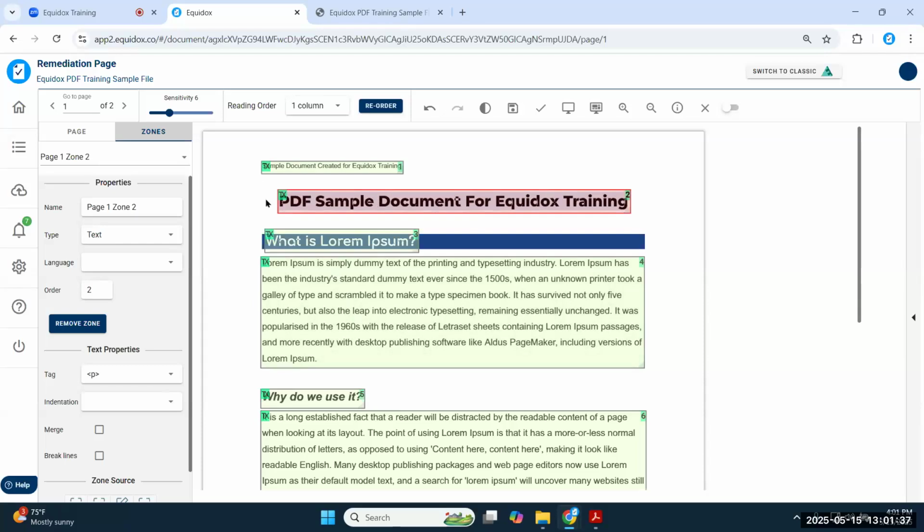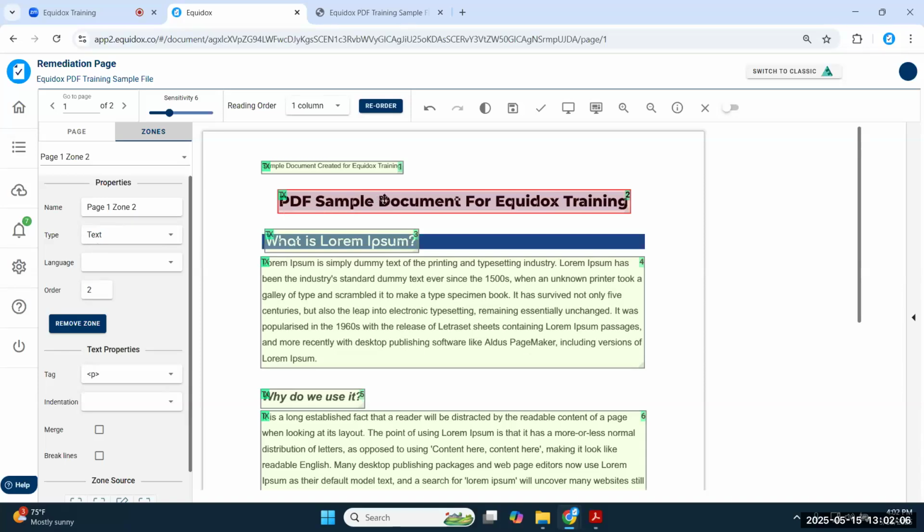This content here, this big bold font at the top of the page, is going to be my heading level 1 for this document. Now, it's a text zone by default because this was an untagged document to begin with. So we just assume that it's text until told otherwise, because all I really did was make this bold and size 20 font, which is a very common design technique. But since there's no tag wrapped around it to call it a heading, it's our job as a remediator to make sure that we're doing so.